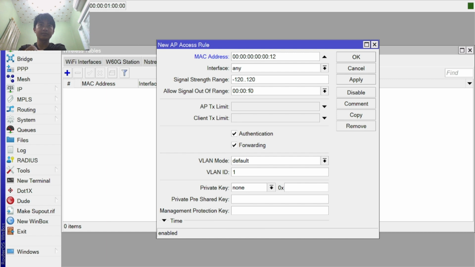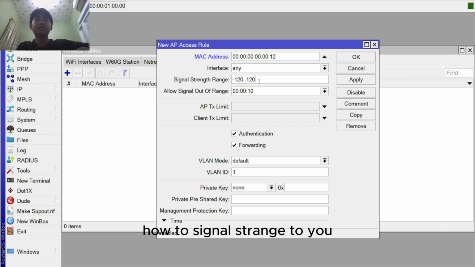This one. You can set up the signal strength here, and then